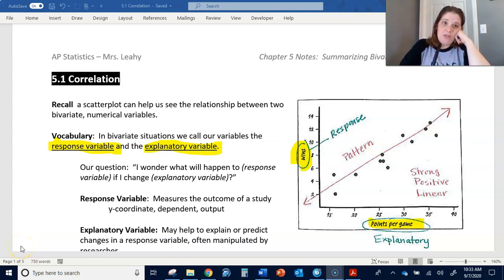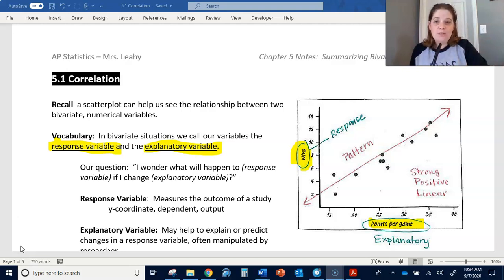So in our last section, we talked about scatter plots, and we said that a scatter plot shows two numerical variables where you collect two pieces of information from each individual, and you show those as an ordered pair on a coordinate plane. All right, so vocabulary-wise, we call our variable the explanatory variable that's on the x-axis and the response variable that's on the y-axis, because the idea is that we're going to be manipulating or making changes to our explanatory variable and trying to use that variable to explain what we think is going on in our response variable. Okay, and so we're often asking this question, I wonder what will happen to my response variable if I